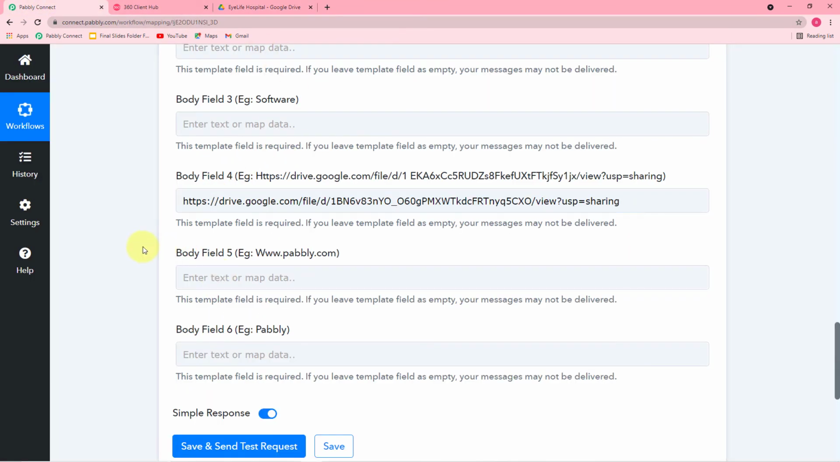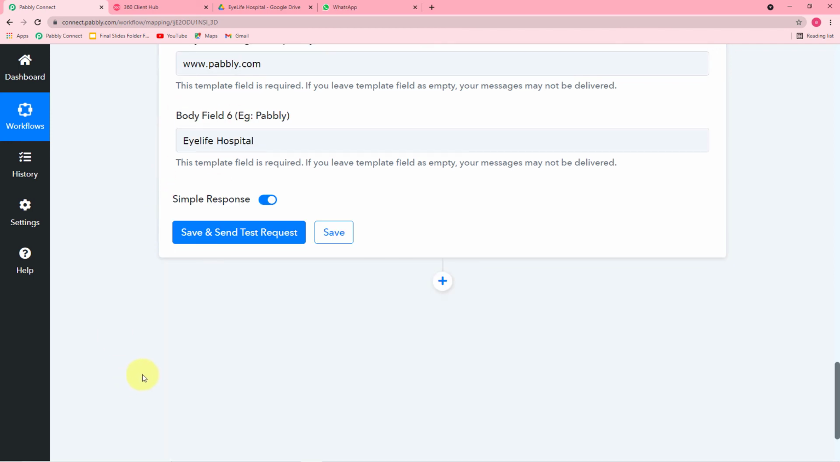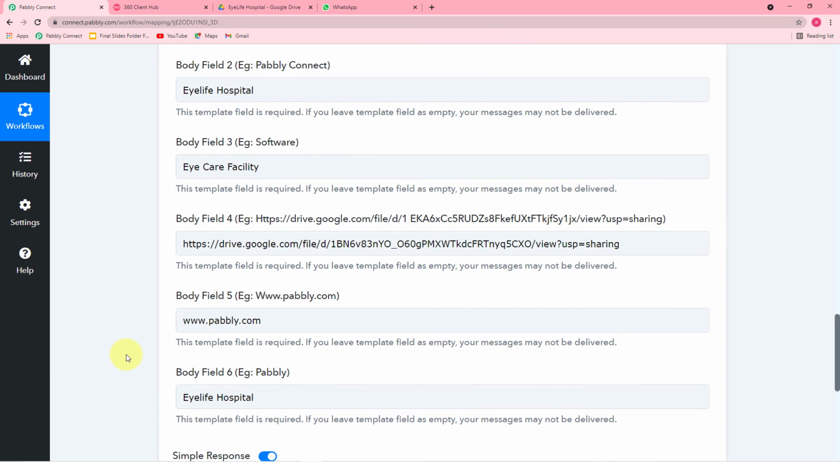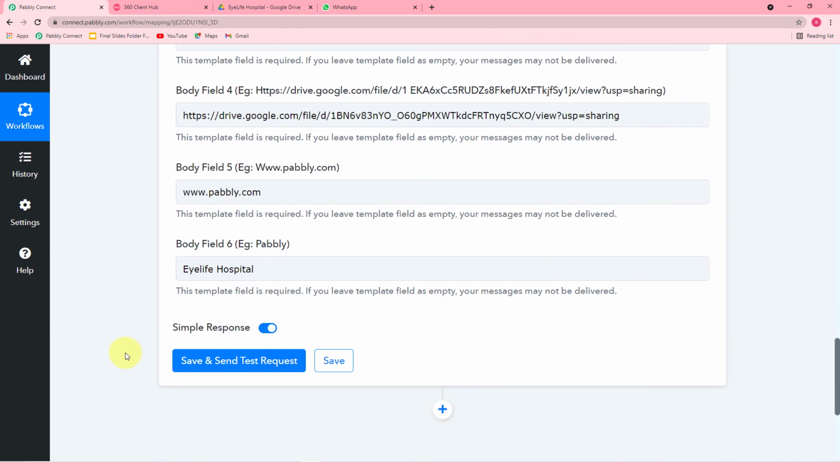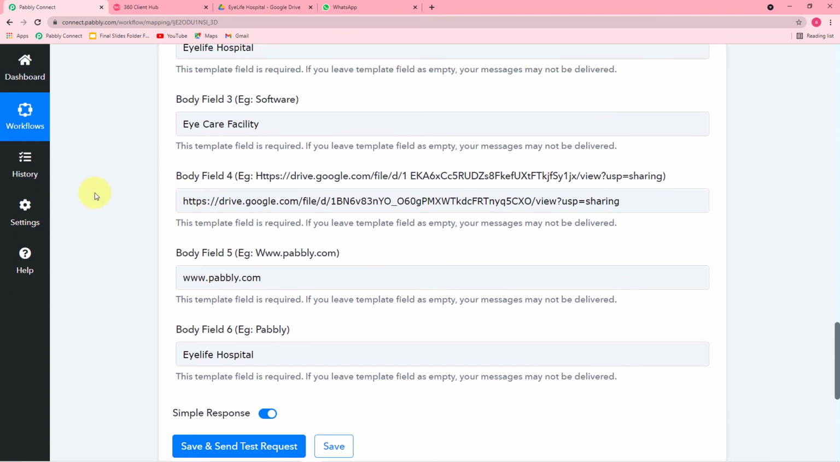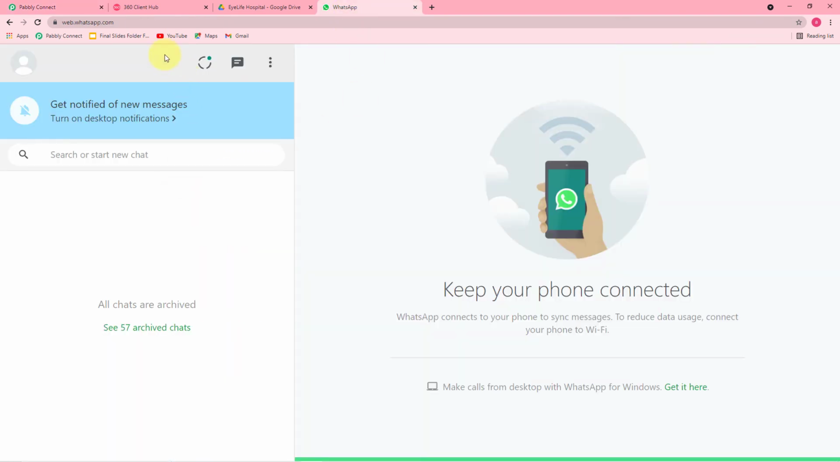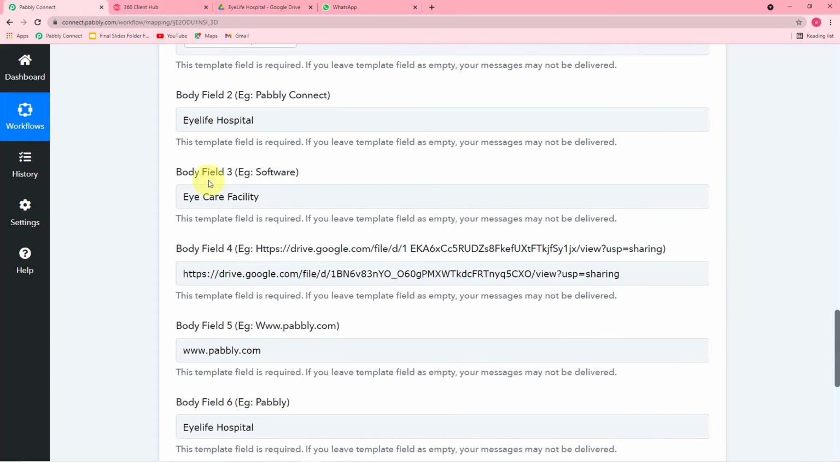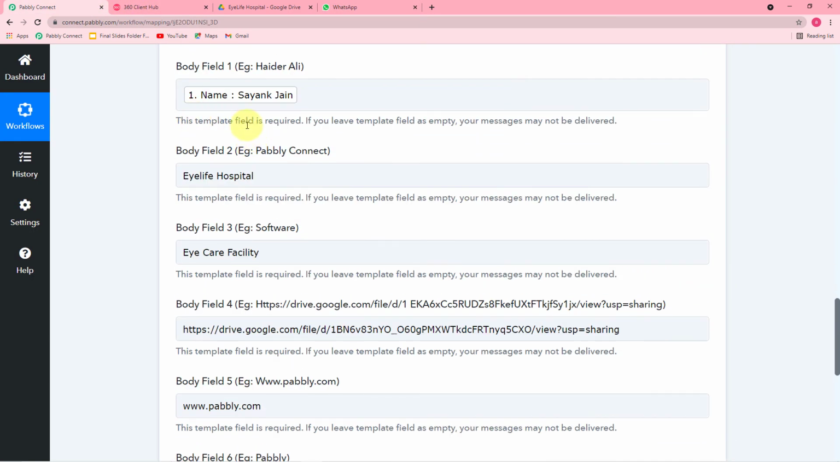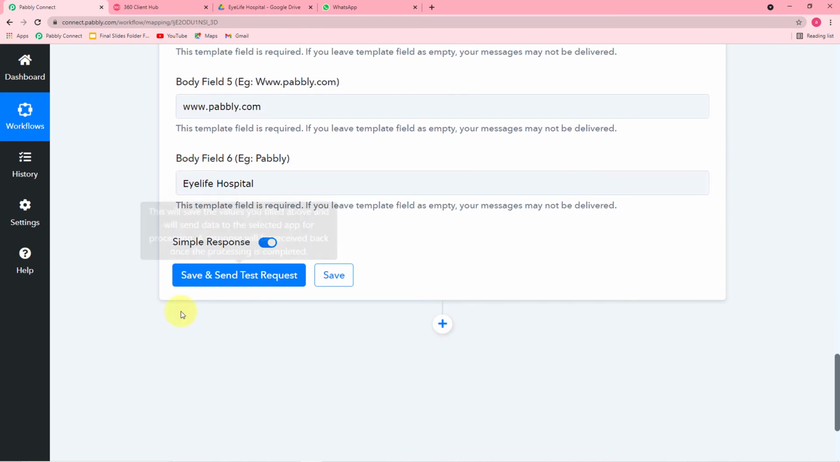All right. Now let me fill all other body fields. So I have filled the required body fields here like this. And now when I click here on save and send test request, this data that we have filled will be sent as a new message on this WhatsApp account. Okay, so this is the WhatsApp account of the person which we have mapped here, that is Sayang Jain. Okay, so let me click here,